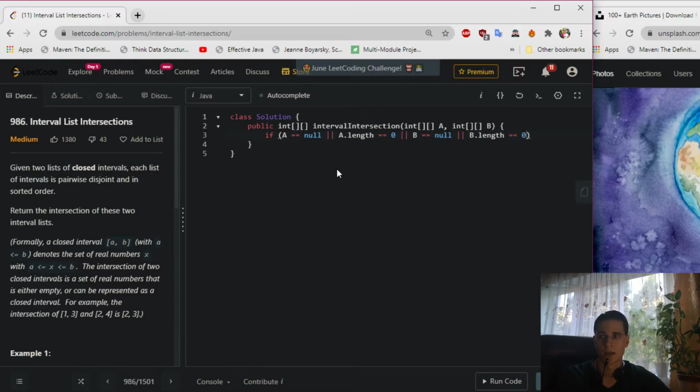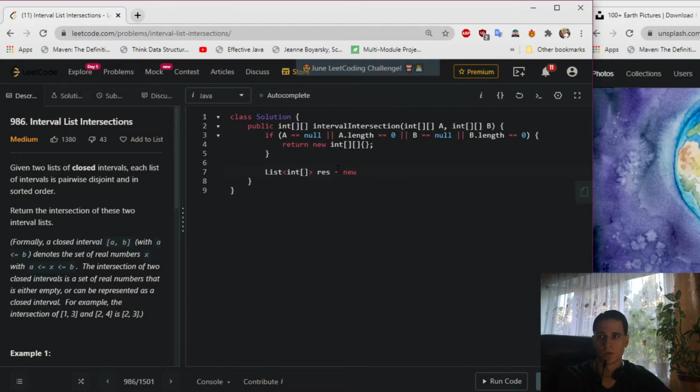In any of these cases, we return an empty 2D array. Otherwise, we create a list of type integer array,